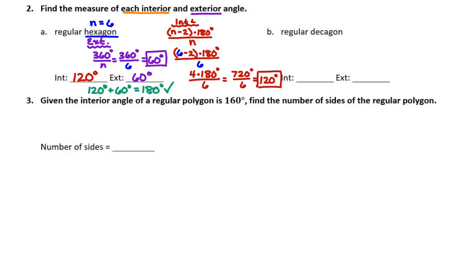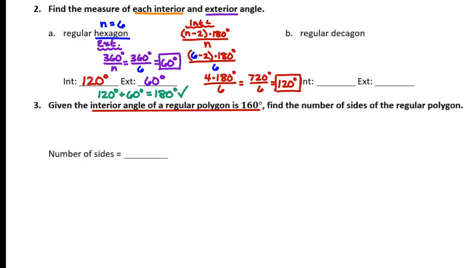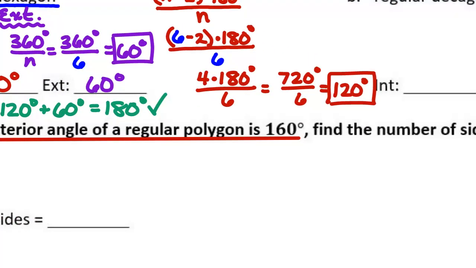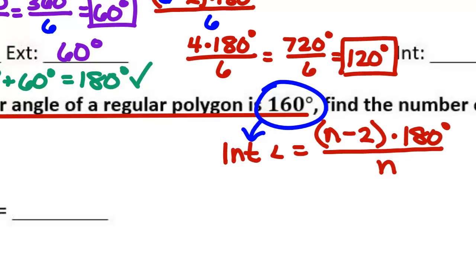All right, number 3. Given the interior angle of a regular polygon is 160 degrees, find the number of sides. So I'm going to use that same form that we just did up above. My interior angle measurement is equal to n minus 2 times 180 divided by n. Only in this case, we know that this 160 degrees goes in for that interior angle, so I would have 160 degrees